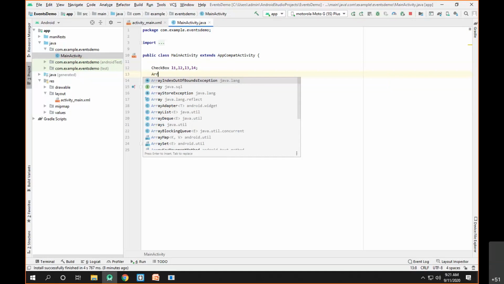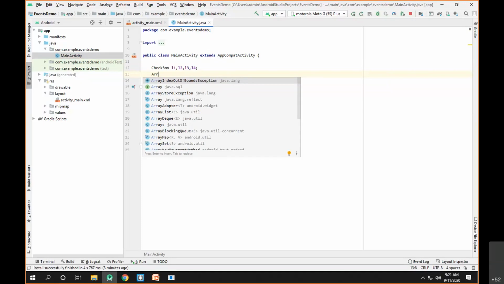And if you see here, getText provides us the type CharSequence. So no problem, just apply toString, which will convert it from the char sequence to string.